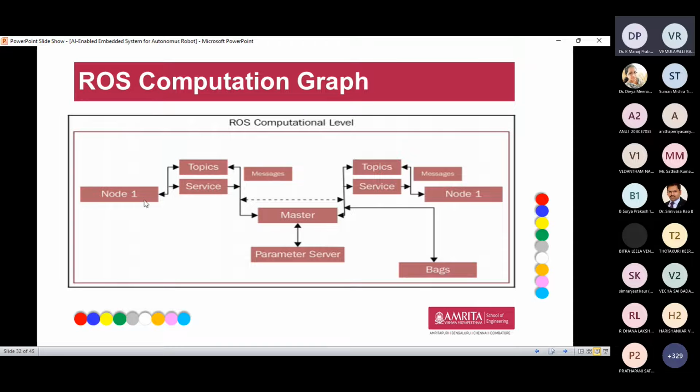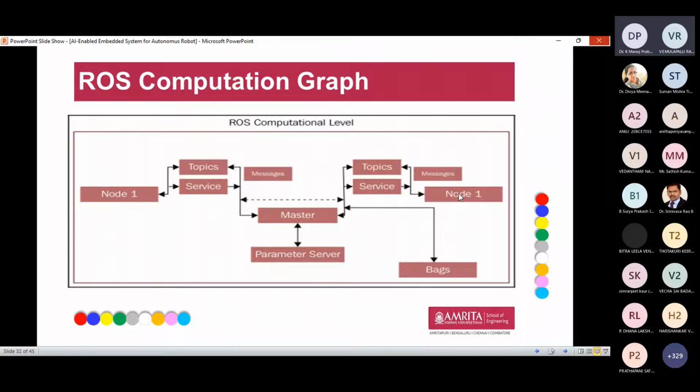Let us see node 1. Node 1 sends messages through topics, and the topics are sent to the master. The master will check what output nodes are there. Once an output node is activated, it gives the information to the topics, and the service waits for that token. If they receive the service token values, then node 1 transmits directly to node 2, your output client.